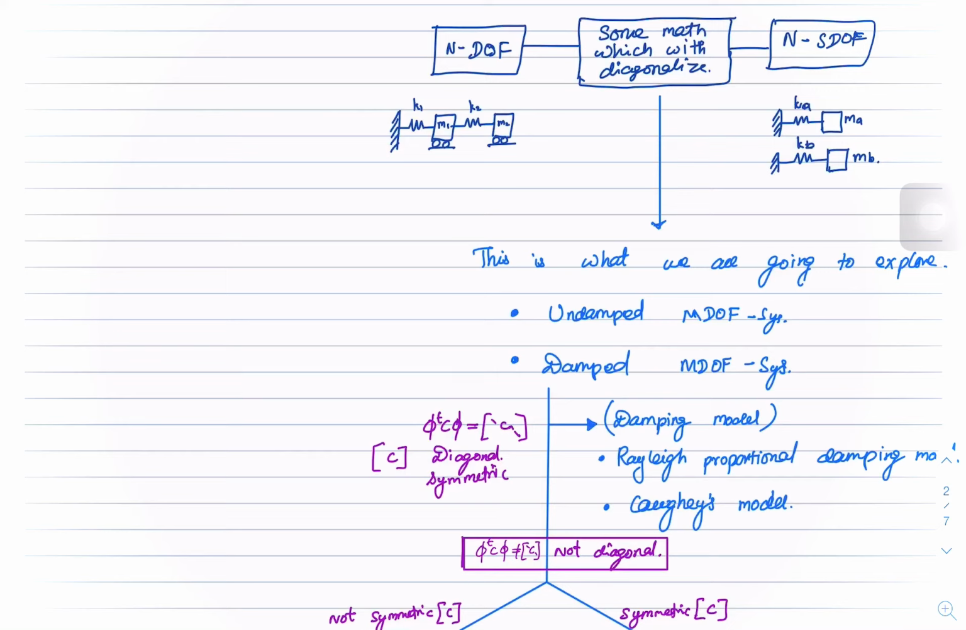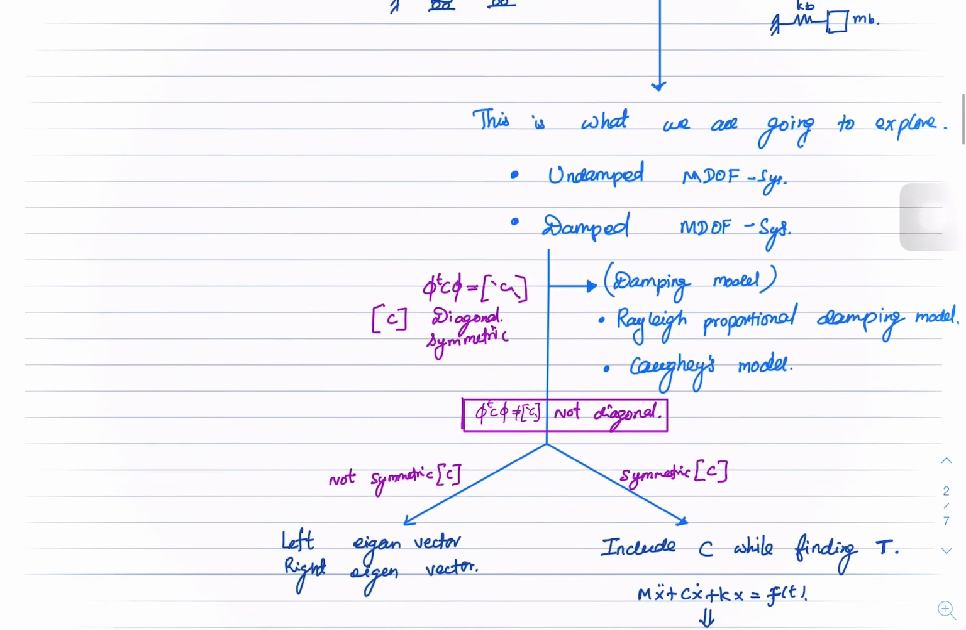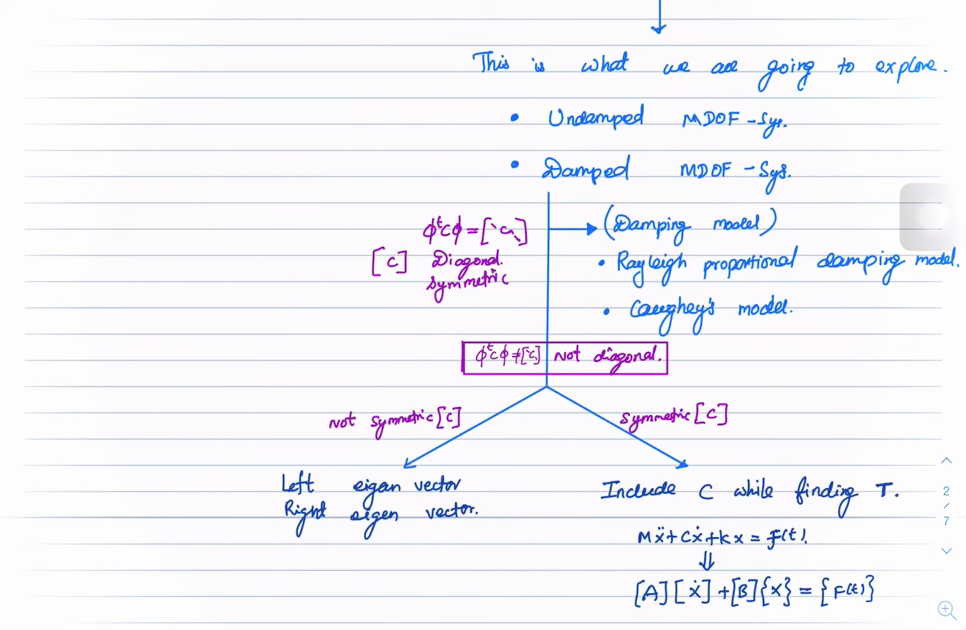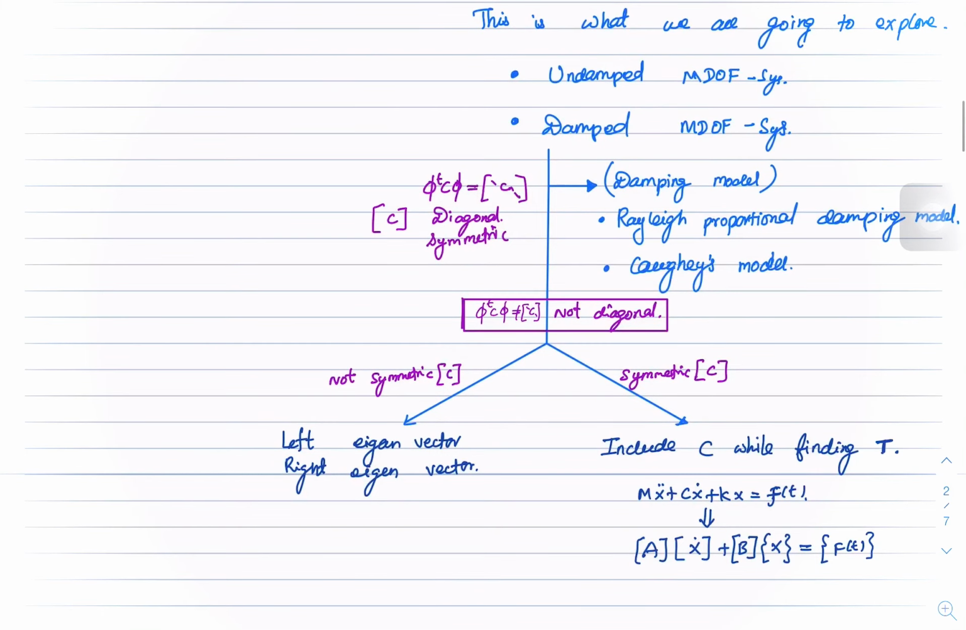So how we will diagonalize a multi-degree of freedom system is by using the eigenvectors. So let's say if you consider a damped multi-degree of freedom system, so we will use this